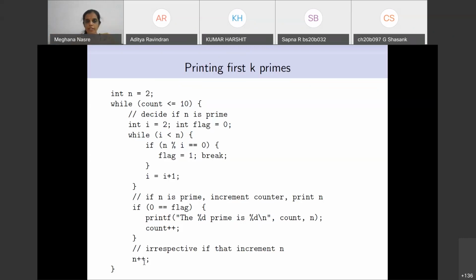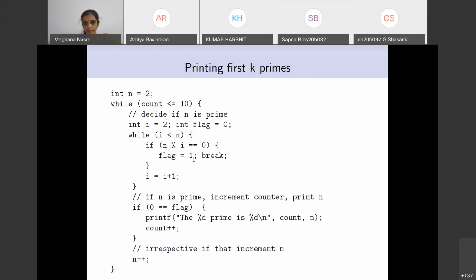So let's rewind one step and see what the state is when n is equal to 4. Okay, so n is equal to 4, flag has been set to 0, and then while i less than n, from 2 to 3 you are going to check, and flag will be set to 1.